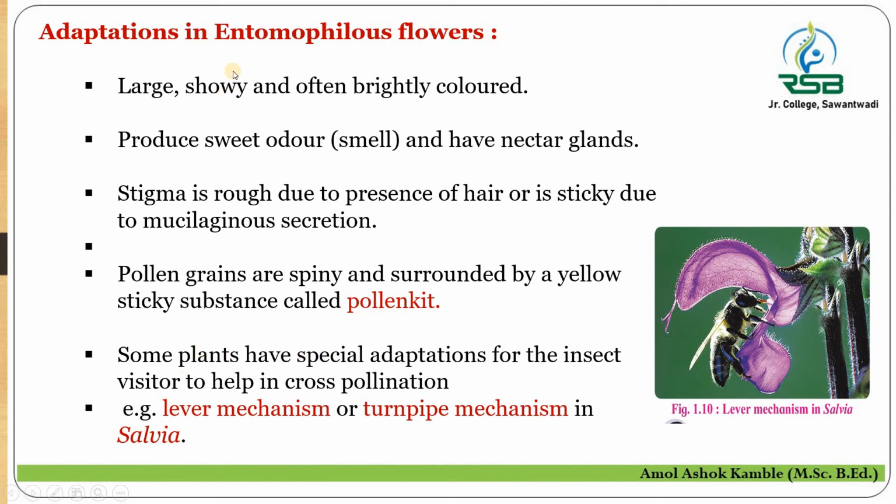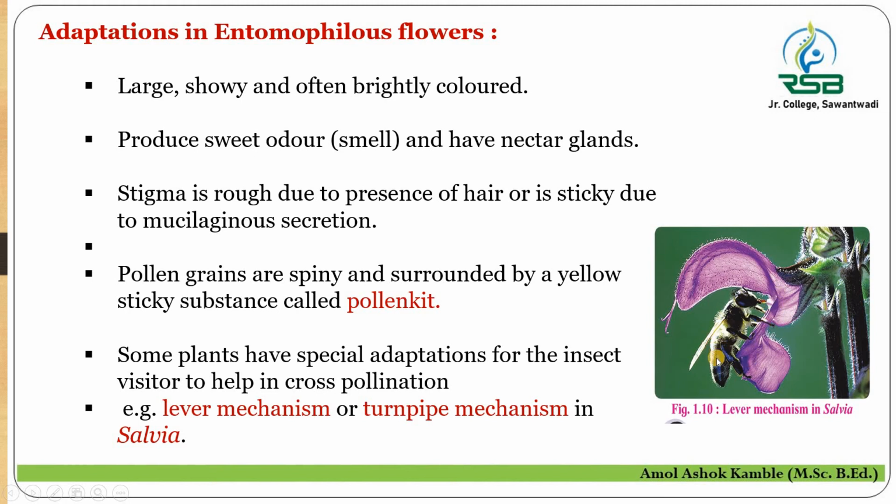Some entomophilous flowers possess a special type of adaptation for the insect visitors to help cross pollination, and it is called the lever mechanism or turnpipe mechanism, which is found in salvia. Here is the flower of salvia, and it is the honeybee which visited the flower. This salvia flower bears the fertile lobe of anther on the upper side and the sterile lobe of anther at the lower